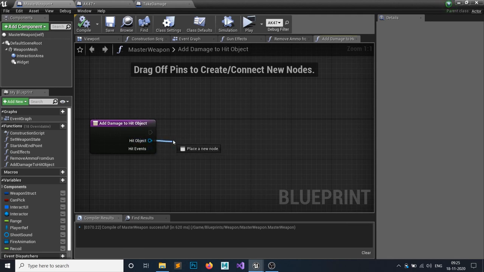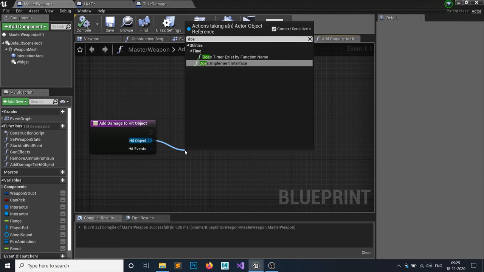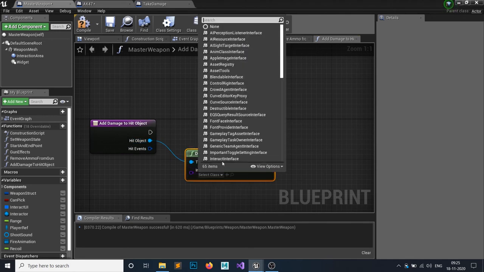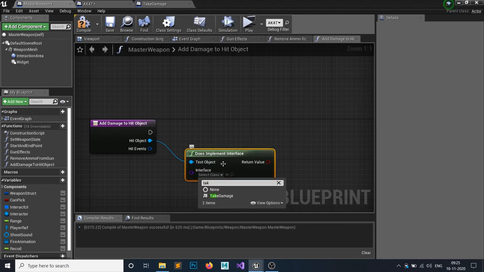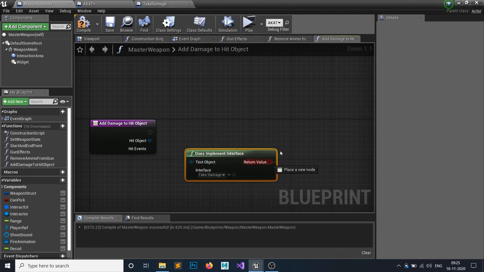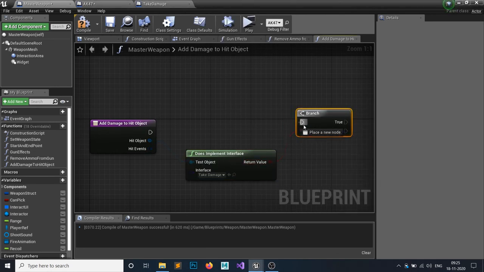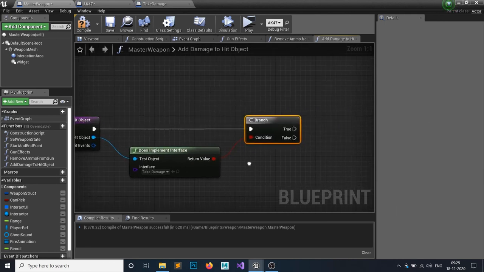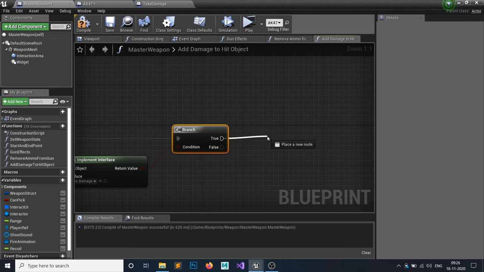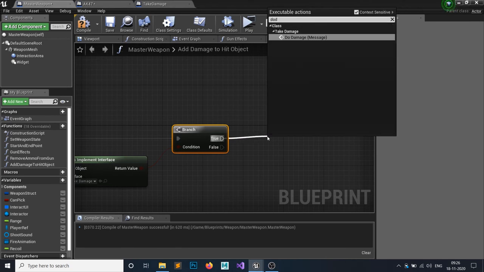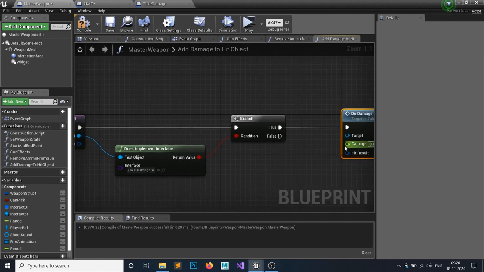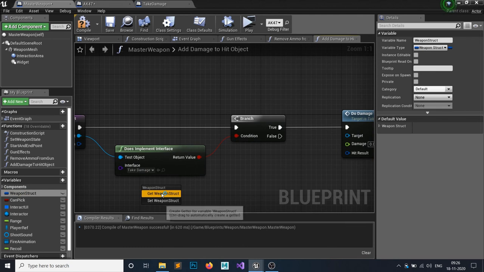So first, on the hitting object, I want to check whether it implements any interface or not. The interface is take damage. I hit branch. So yes, my object, whichever I hit, has the take damage interface. If it's true, then I want to do the damage message. So that object will take the damage. The damage would be this weapon structure damage.